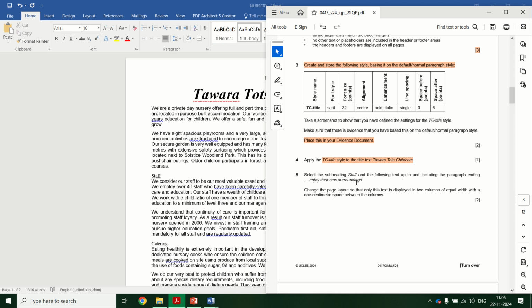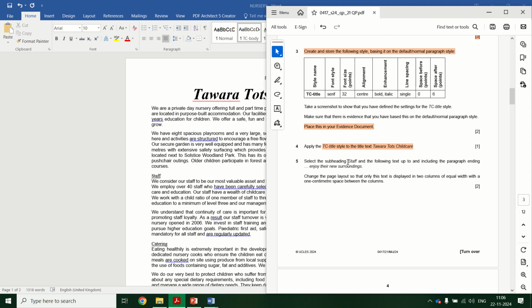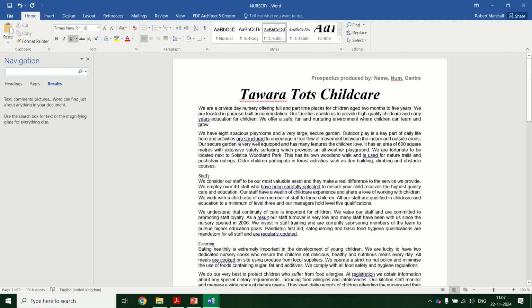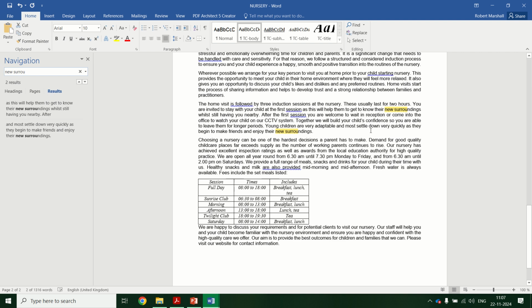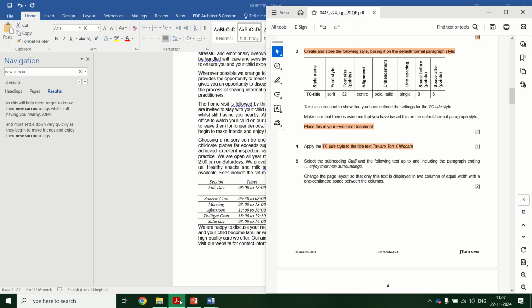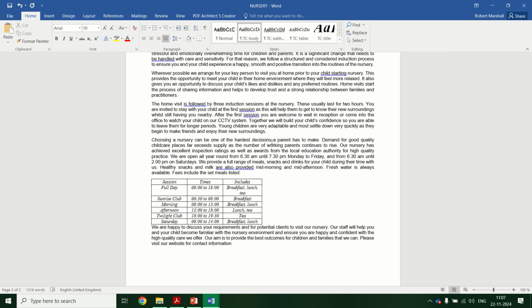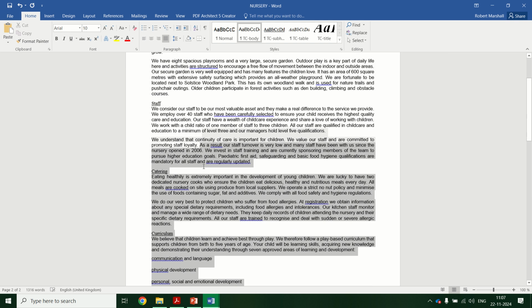And that's 1 mark. Next one, select the subheading staff and the following text up to and including the paragraph enjoy their new surroundings. So staff is there. I can do Control F, a quick way to find new surroundings. Okay, and it says make friends and enjoy. There's 2 new surroundings. Enjoy their new surroundings is this one here. So select all of that, but nothing after, from staff,